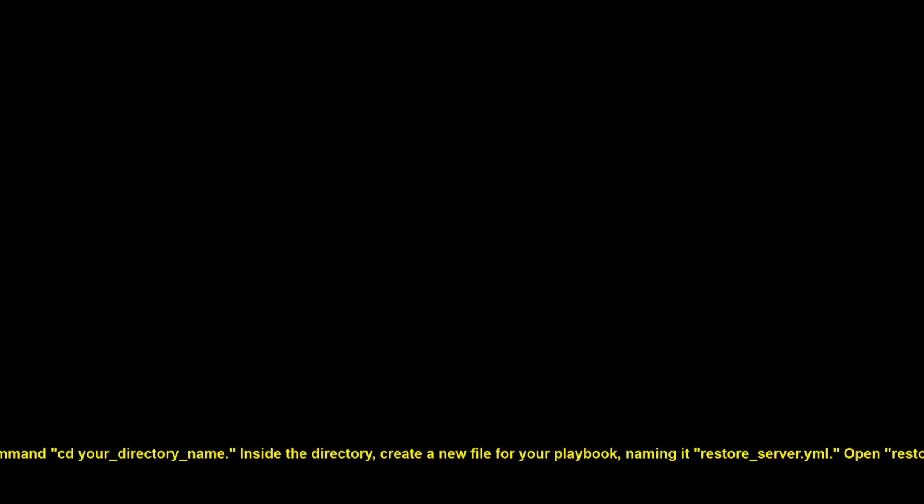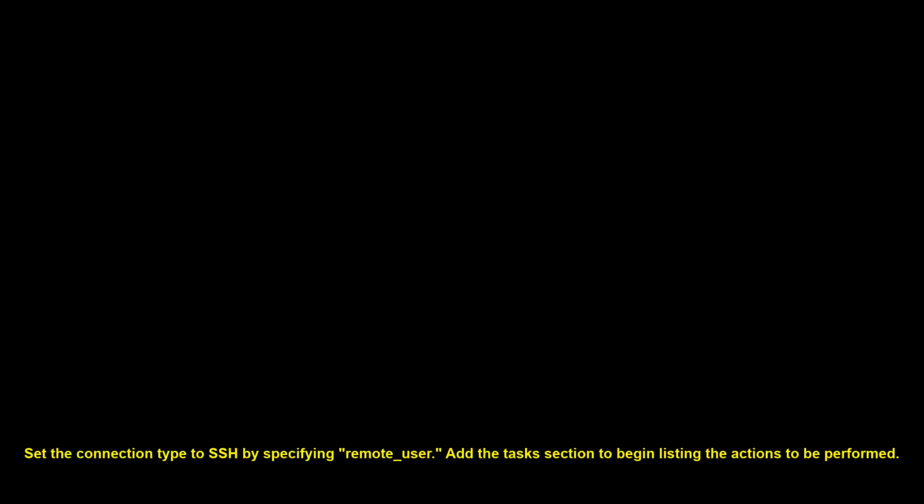Inside the directory, start by defining the playbook with the necessary YAML structure. Specify the hosts you want to target by using the hosts directive. Set the connection type to SSH by specifying remote_user. Add the tasks section to begin listing the actions, starting with a task to install essential packages needed for